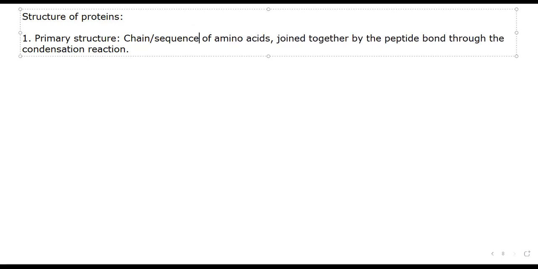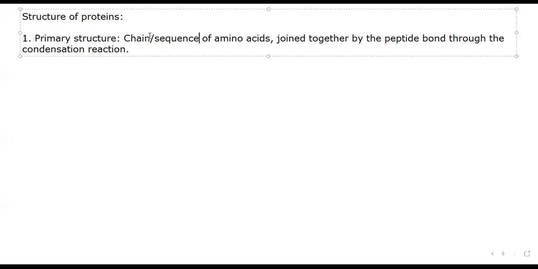That's it. So in the primary structure, what type of bond is seen? Only the peptide bond is seen, because I'm going to teach you other bonds as well in a bit. So we need to know in which structure, what kind of bonds we will see. So a primary structure is simply when I take my amino acids and join them to each other in a particular, specific sequence. The sequence is important, because as you will see in a bit, the sequence will affect the structure of the protein and the function of the protein.